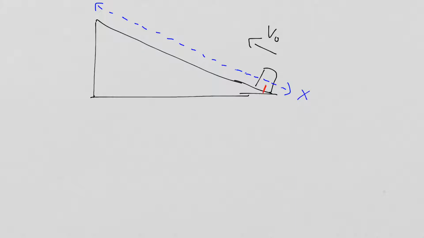And this location right here is x equals positive d. And this location right here is x equals 0. And this is where we have the motion sensor at x equals 0. So, we also have angle theta. So, this defines the positive direction for us, right? The positive direction